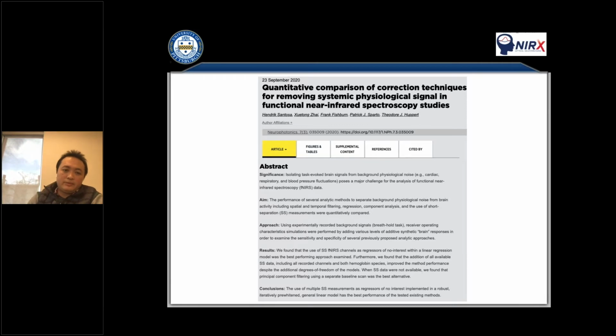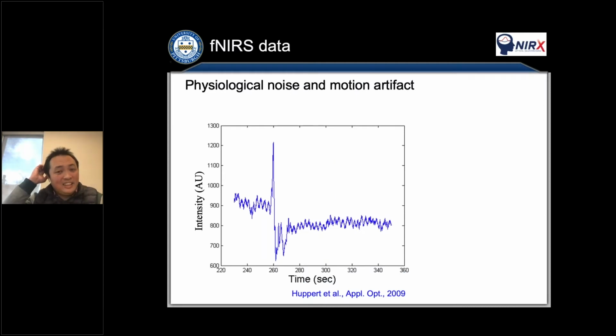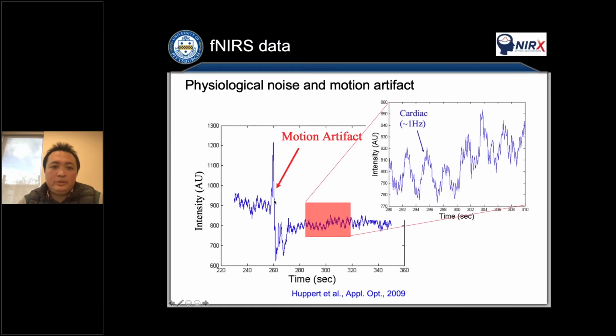For detailed equations and all detailed information. And this is typical NIRS data. You can see a little bit of motion artifact, the outliers, little bit of spikes, and if you zoom, you can see the cardiac around 1 Hertz.